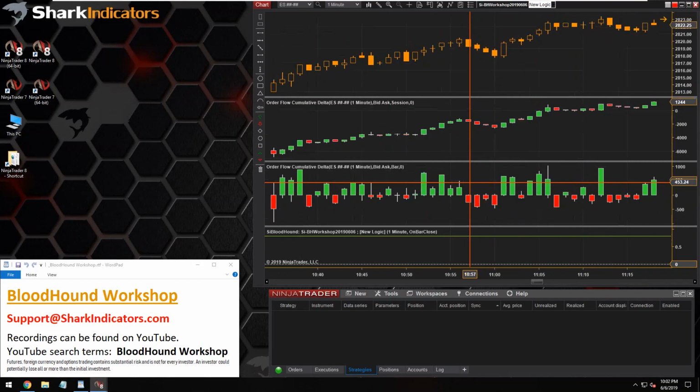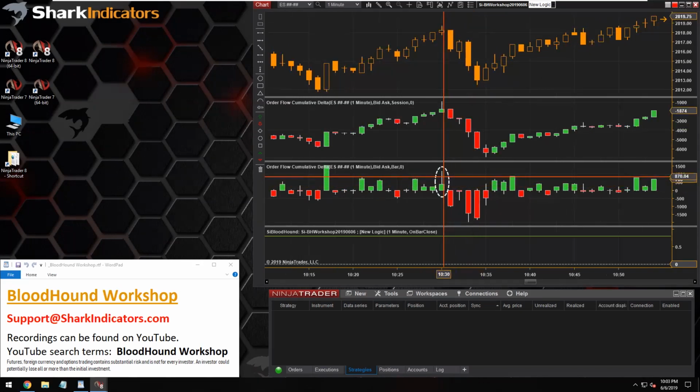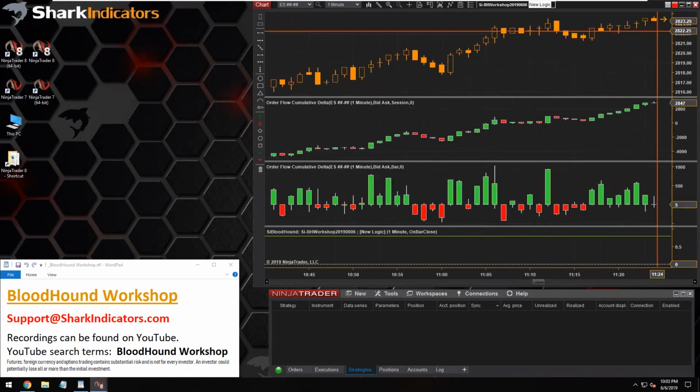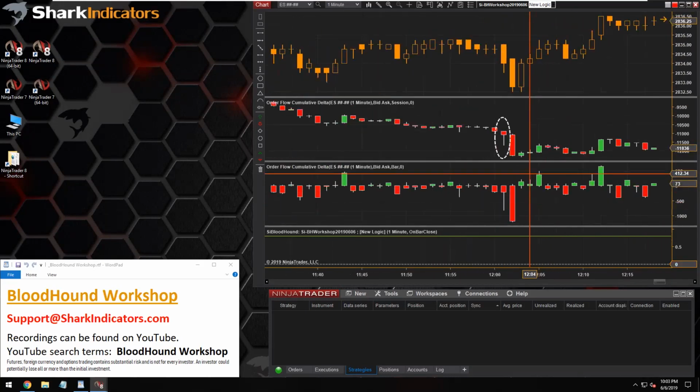Yeah, here we go. Another example. There you go. So that would be a topping tail. And that would be producing a short signal for a possible reversal, right? So topping tails are going to generate short signals. And let's get back to our bottoming tail. A bottoming tail would be producing a long signal. All right, so there you go. That's the question set up